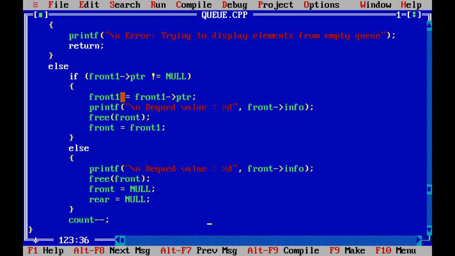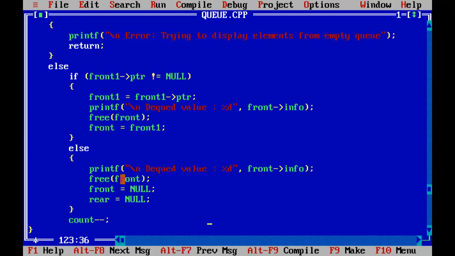We have to update it, reinitialize front one to the next element, and the first element of the queue will be deleted with the function free. So free front, with this we have deleted the node, and with the line front is equal to front one, we reinitialize the front. The second element will be copied into front, and that second element will be our new front, as the first element is deleted from the queue.